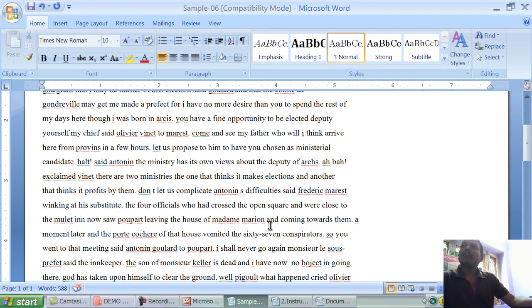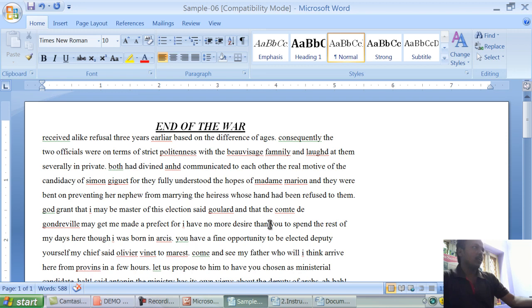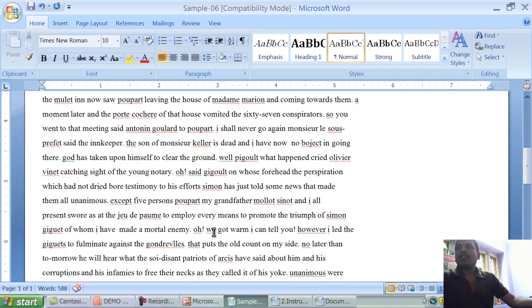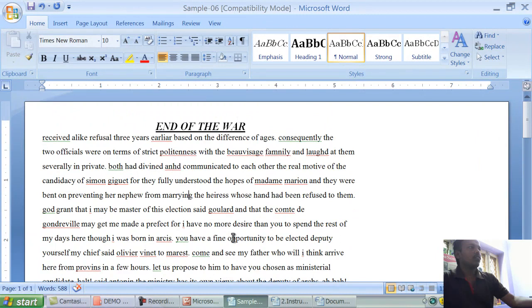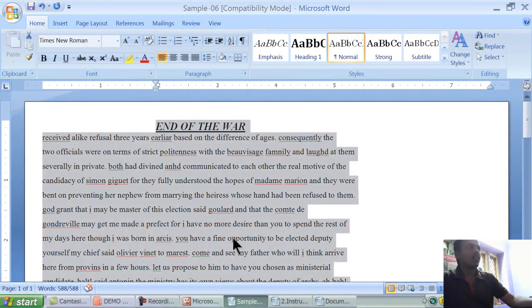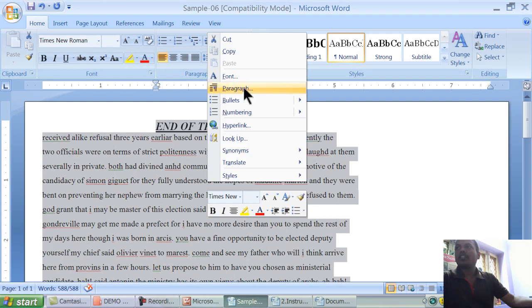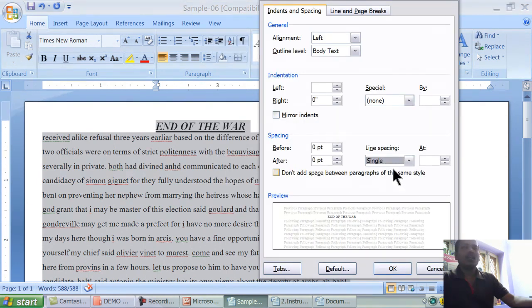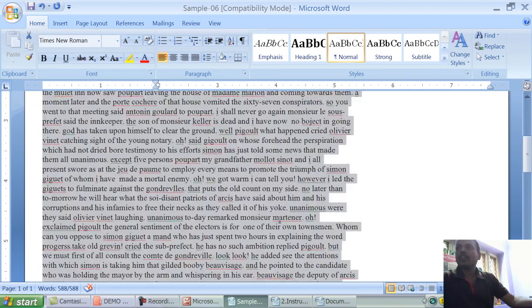Now the line spacing of this body text is 1.5, right? So I want to apply this line spacing to single. So how to apply to single line? I'll mark the line and right click. Now I want to apply this to the whole text, then Control A to select all. Select all the data and change this line spacing to single. Okay, applied. Now everything has changed.